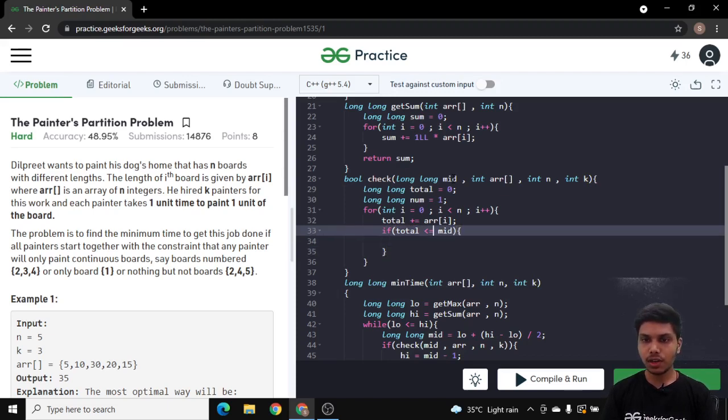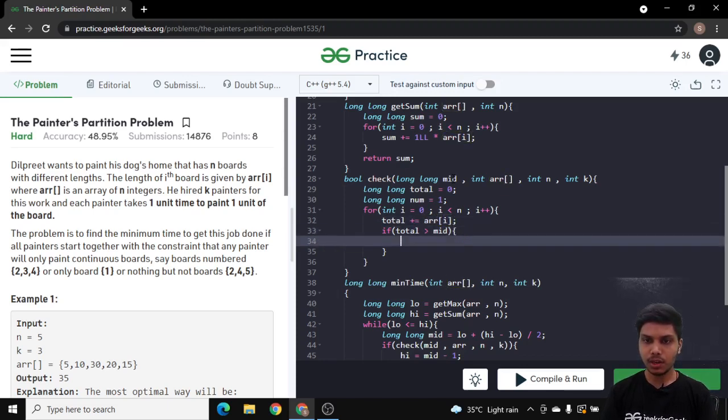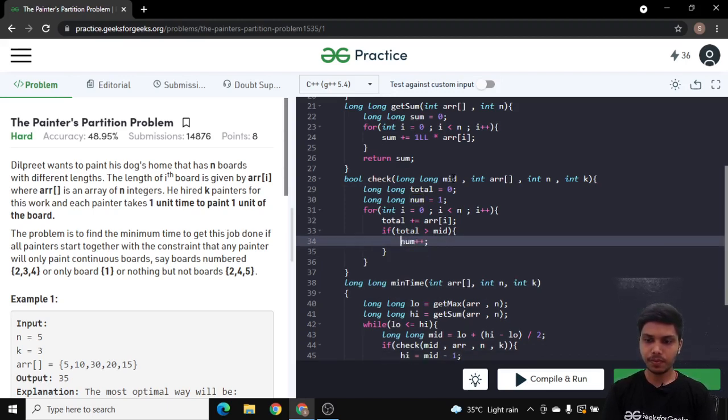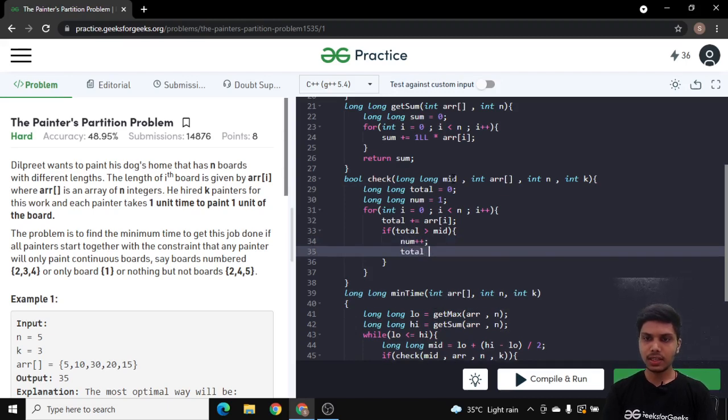If this total is greater than my mid, then I cannot assign this current board to my previous painter. So I have to change my painter ID, that is, I have to get my second painter. So I will increment my painter count and assign this current board to my new painter.